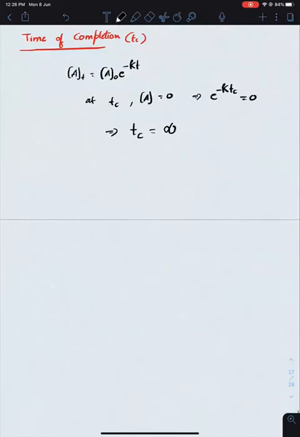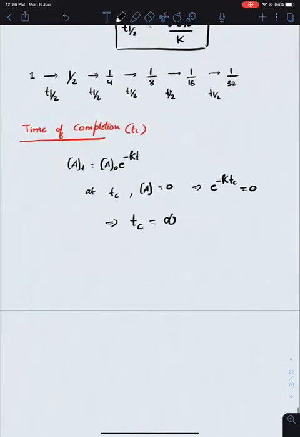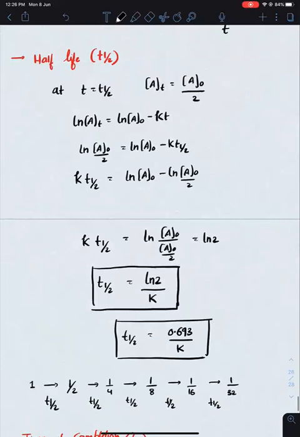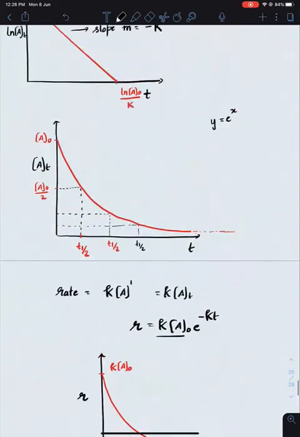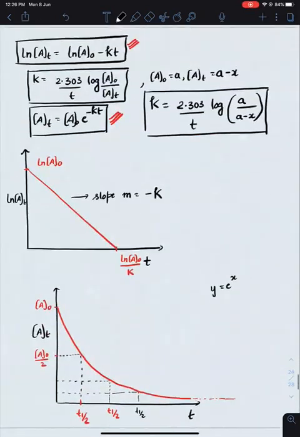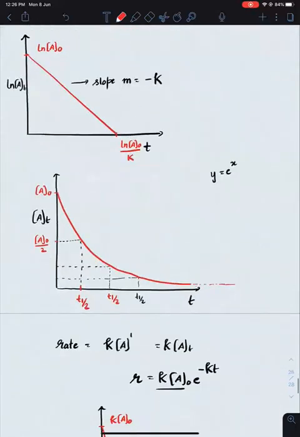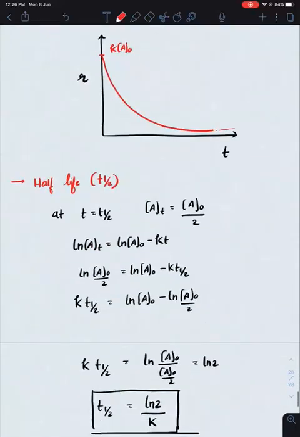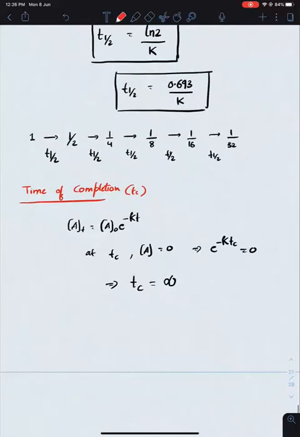Yes. Is it clear? We have seen the expressions, we have seen the graphs, and we have seen the expression in terms of x. That part is also done. Do we have any other objectives left? We have done everything, right? Yes. Shall we go to the next order reaction, second order?